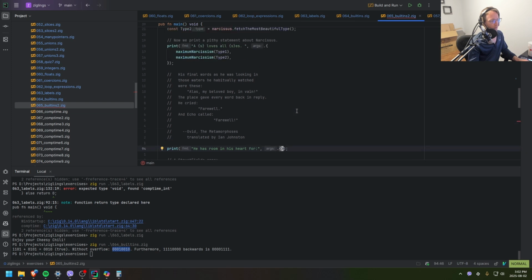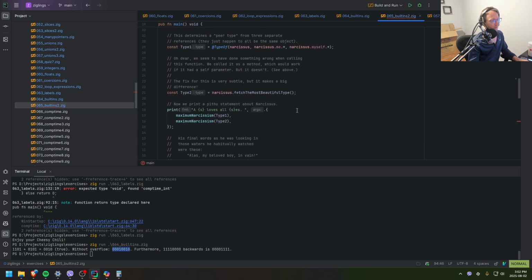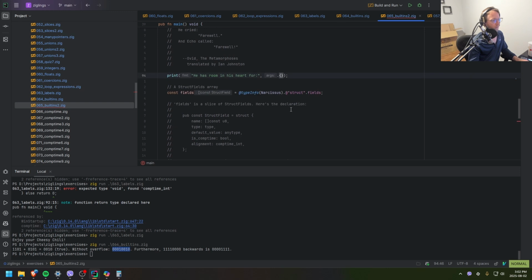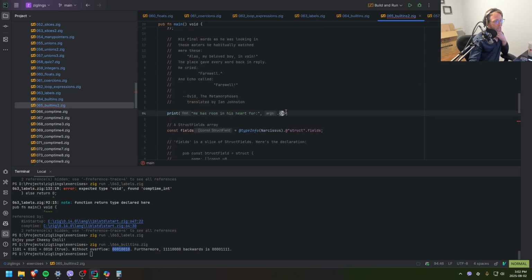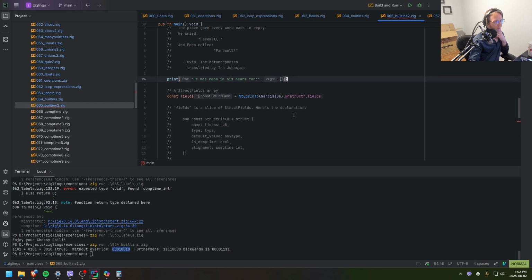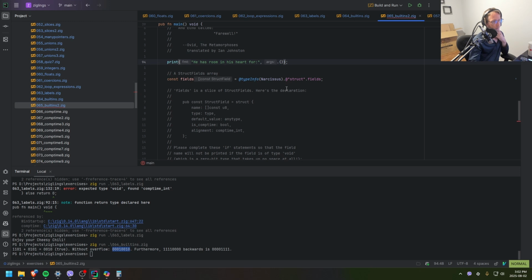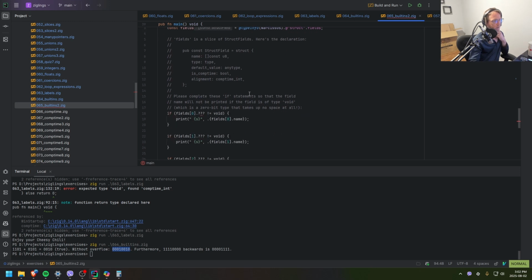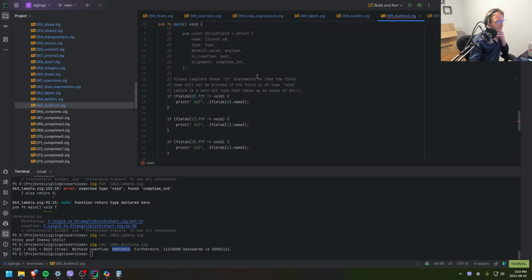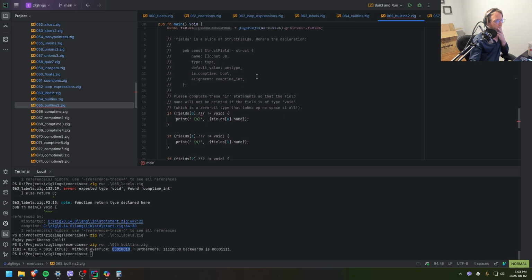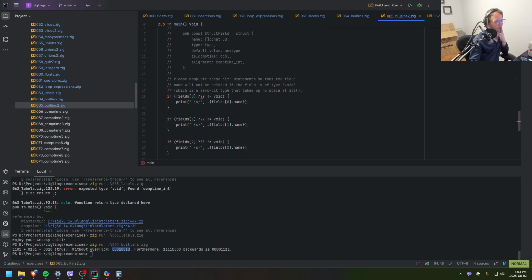Am I supposed to give it... is this... am I supposed to put something in here? A struct fields array, type info, struct fields. Fields is a slice of struct fields. Okay. Name. Please complete these if statements so that the field name will not be printed if the field is of type void. If field type